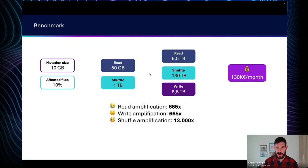So let's run our pipeline, consuming 10 gigabytes of mutation from Kafka. And given our data distribution, we end up affecting roughly 10% of the target table underlying files. For the first join, we will read the whole table keys, so 50 gigabytes, thanks to Parquet column pruning, and then shuffle them in order to join them with the Kafka mutation. This will lead to 1 terabyte of shuffle because of that